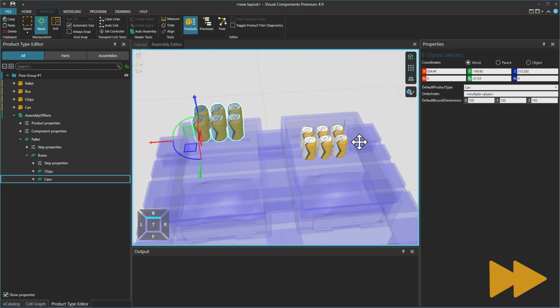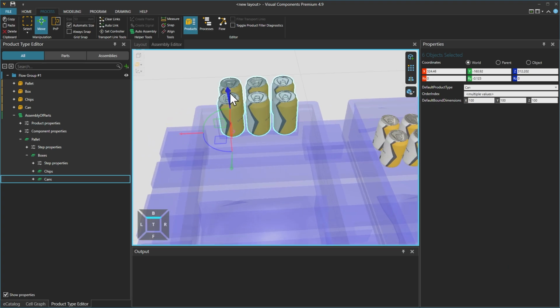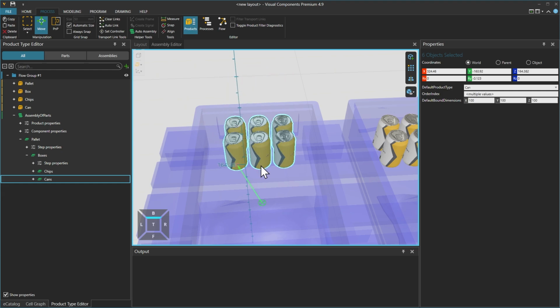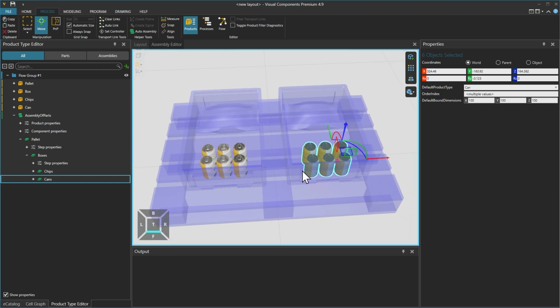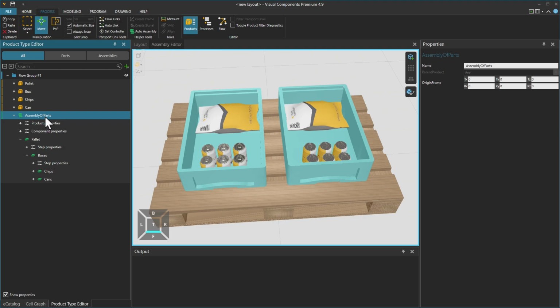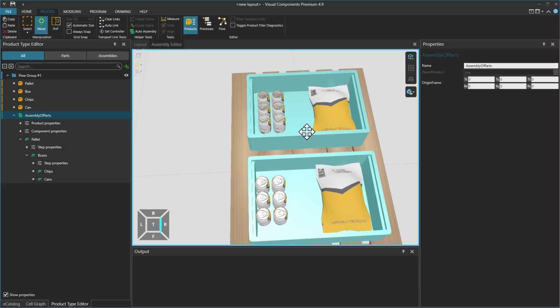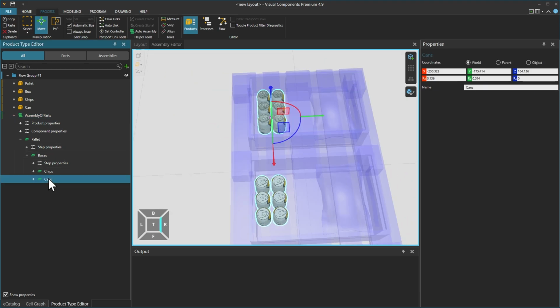Or once we have the products in place, we could hold Shift to align the cans on the Z-axis with the inside of the box. And if we then zoom out and select the Assembly of Parts step on the left, we can check the placing of the products inside the box and apply any adjustments that might still be required.